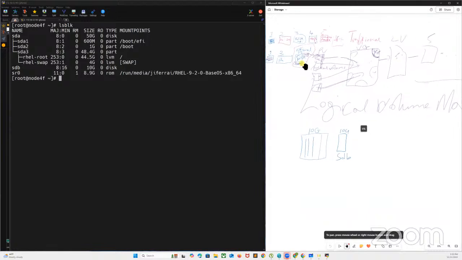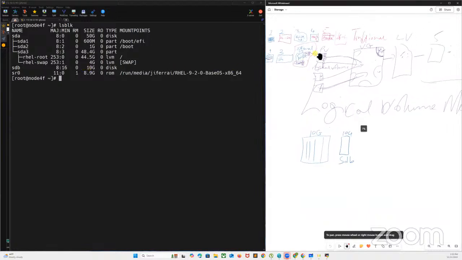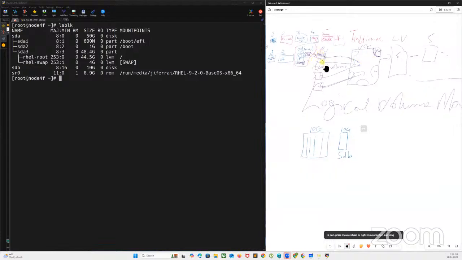But I don't want to do that, since I want to use the whole 10 gigs for what? For PV management, for logical volume management. So the logical volume management package that is installed is intelligent enough to know that if a disk is existing, like right here, this 10G, you do a PV create, it will give it a type LVM. So now, if I do